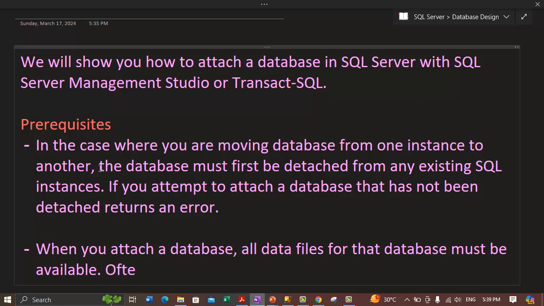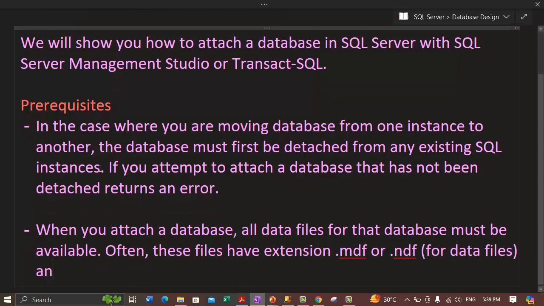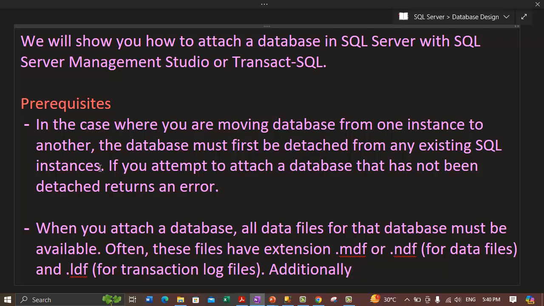And if we talk about the file extensions, often these files have extensions .mdf, which is for the primary data file, or .ndf, which is for the secondary data files. These both are for data files, so I'm putting that in brackets. And there are LDF files, which are the transaction log files, right? And in addition to these files, if we talk about any file groups, so if we have created